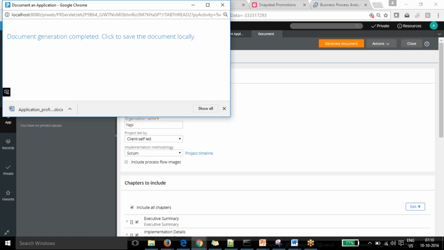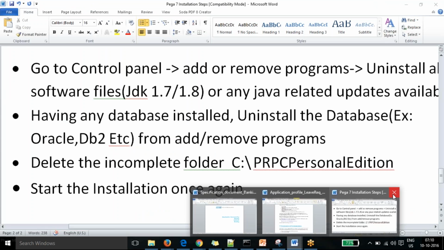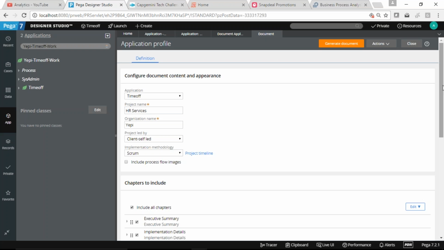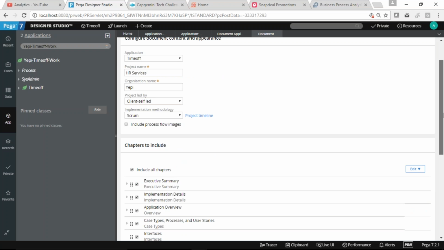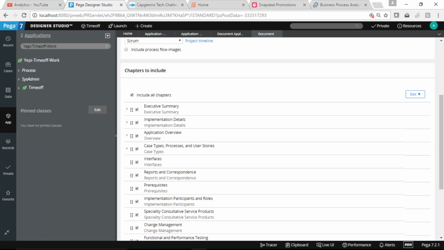And depending on whether it's Pega led or client led, what are the changes that it makes in those chapters? I'll show you that. If it is going to be Pega led, there will be the contact for the Pega side of the project. That information will come from the Pega side, because the client is not handling the Pega side.